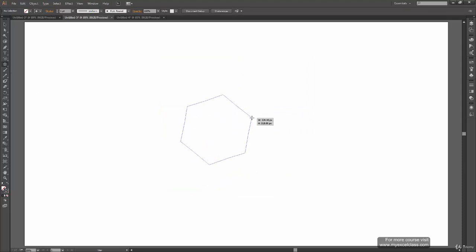Now Alt key actually will work only with five-sided stars. If you have more than five sides in your star, then Alt key will not work. So it will only work if you have five-point stars, like these 1, 2, 3, 4, 5.